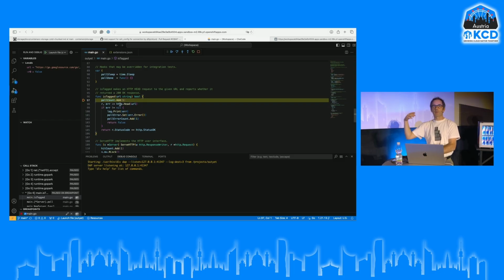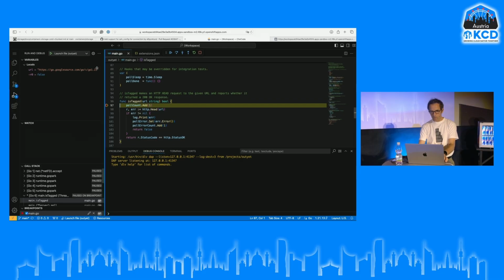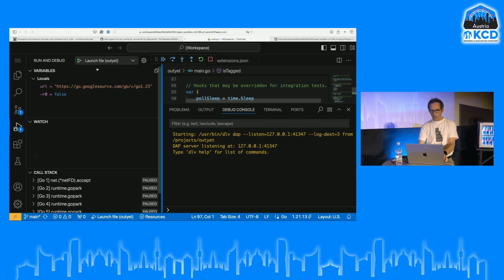So I put a breakpoint, and it just gets stopped here because it was executing this method, this function that is actually checking if a version of Go has been released or not. And to do that, just to analyze a little bit, to do some debugging work,